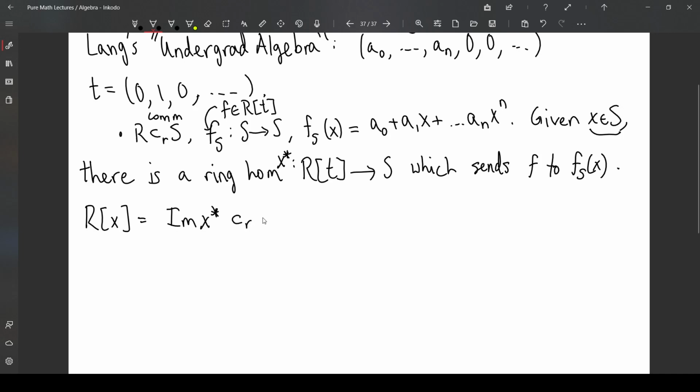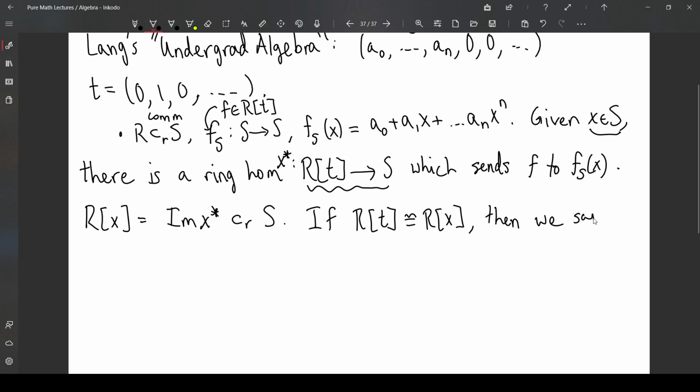So this is a subring of S. Now if R of t is isomorphic to R of x, which means that this ring homomorphism is injective, or we could also say it's an embedding,